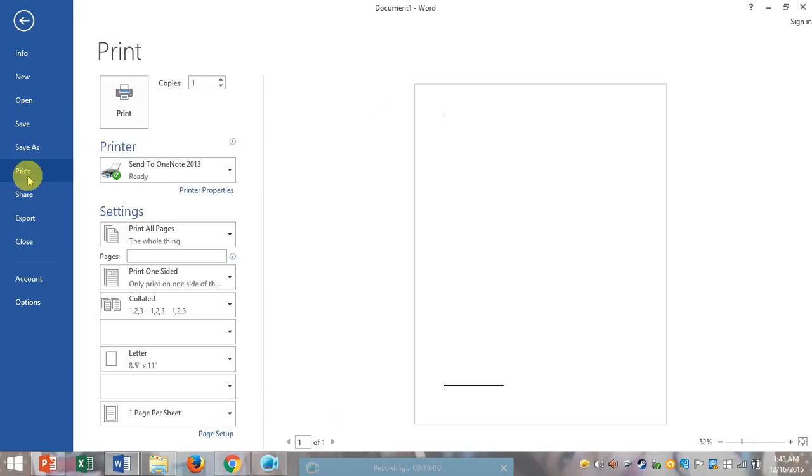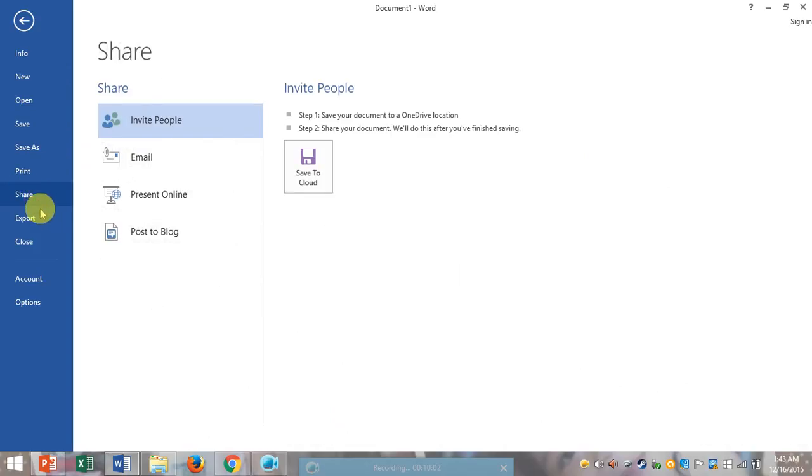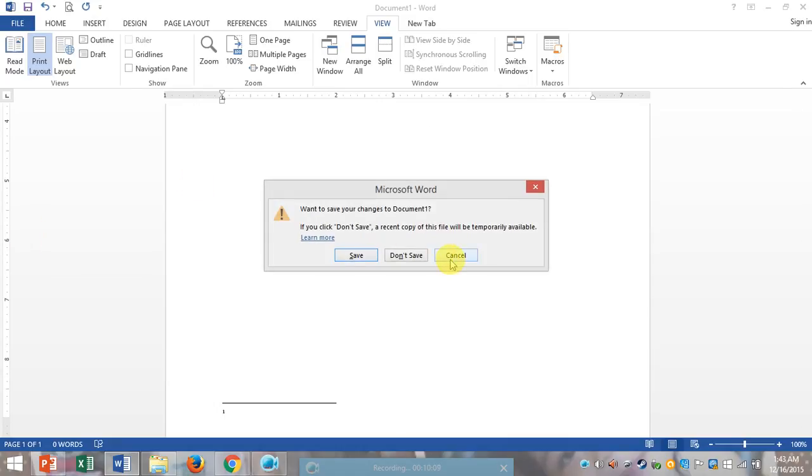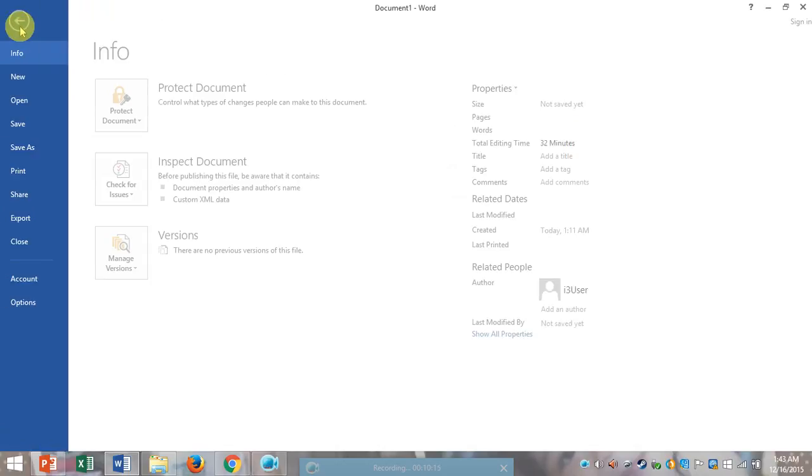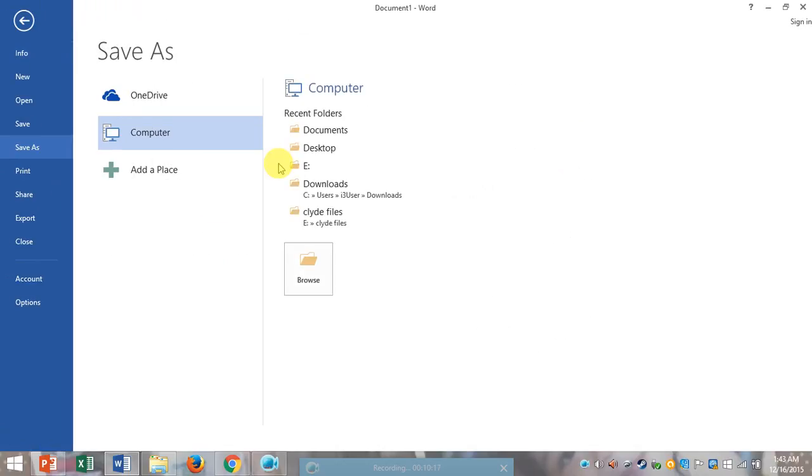So if you want to save your file, just click File, then Save As. Then you must select Browse or Desktop. Good. And there is an Options menu.